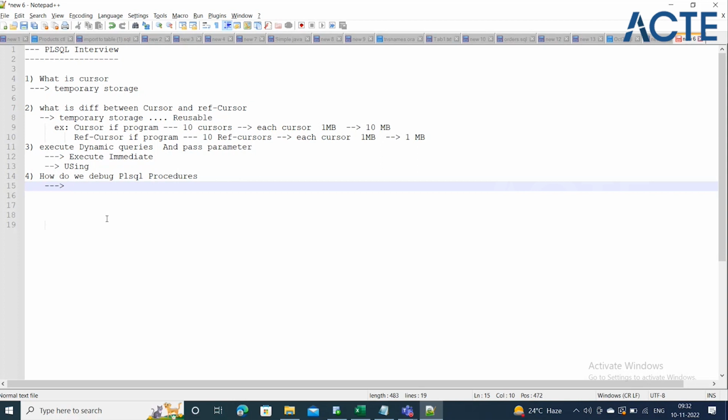Your logic is not behaving as you expected. That we call an issue, not an error. Errors are different, issues are different. An issue means your program is executing. Coding-wise, syntax-wise, it is not an issue, and it is executing properly, but it is not giving